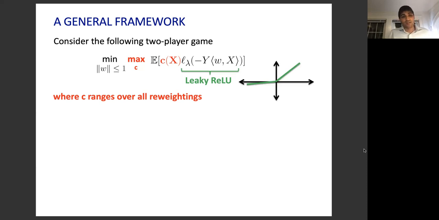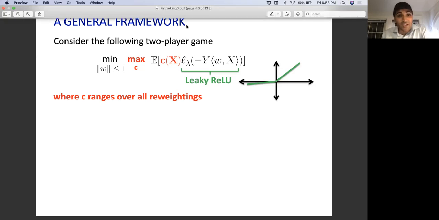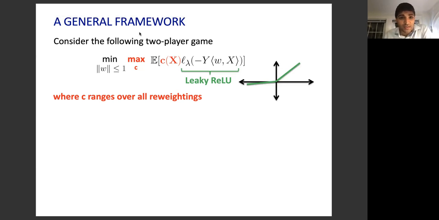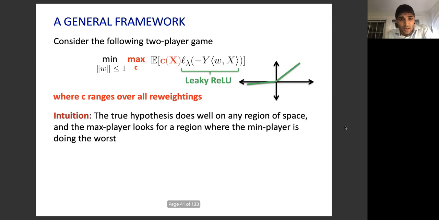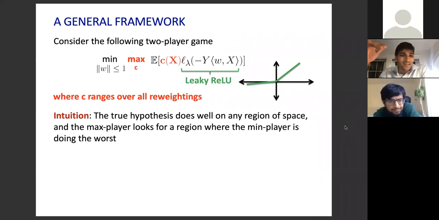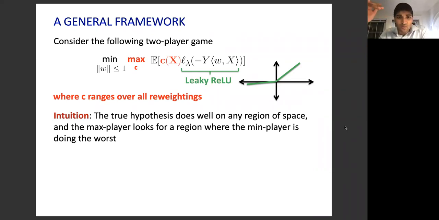So in any case, this is the game. Please ask me any questions about this game if it doesn't make sense. But the intuition is that in the Massart noise model, there is some true half space, W star. And this half space, W star, not only does well according to the Leaky Relu loss on average over the entire distribution, but that's true even if you restrict to some portions of the distribution,